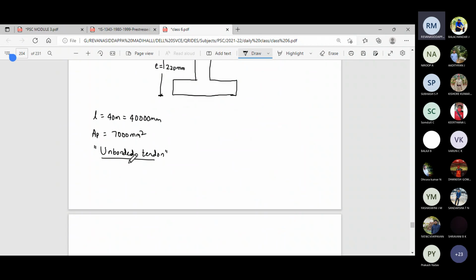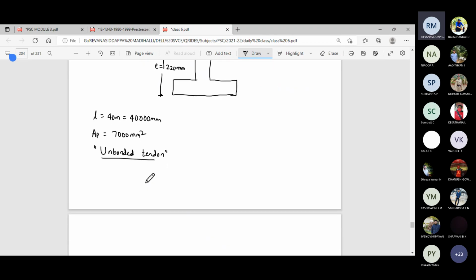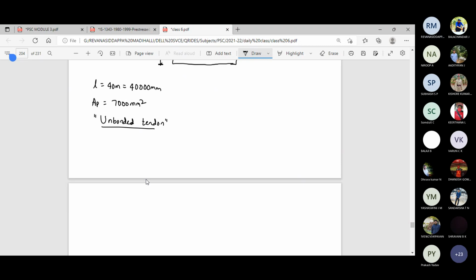Okay, if he says post-tensioned with bonded, then also it will be post-tension. If he says only unbonded, that is also understood as post-tensioned only. Okay, because there is no unbonded and bonded condition in case of pre-tensioned beam. So it is unbonded tendon means it is nothing but post-tensioned beam, which is nothing but type is post-tensioned. Okay, unbonded tendon